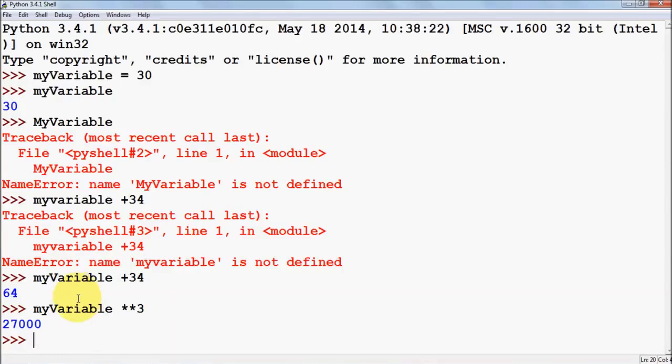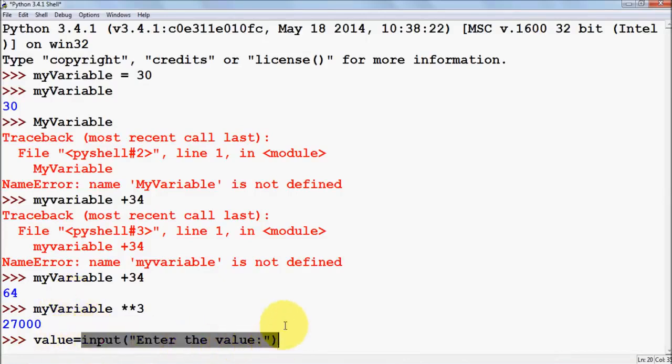So for example, I declare a variable called value, okay, and this value is equal to whatever the user inputs, okay. So how can you provide user input in Python? You just use the inbuilt function called input. So this is an inbuilt function in Python, which will allow you to enter any value. So you can just write, enter the value. But there is a problem with this, that this input, whatever the user enters, will be a string,